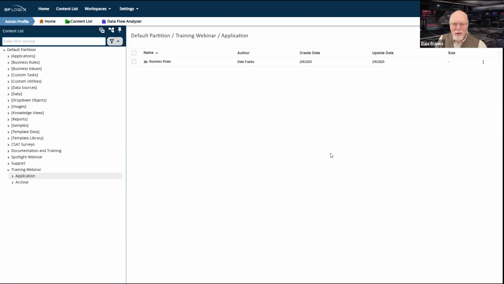And based on what they say their state is, I'm going to have to transfer a task assignment to someone else. So I'm going to assign a task via a business rule. That business rule is going to have to look at the form submission and figure out what state the user has selected, and based on that, make the task assignment.